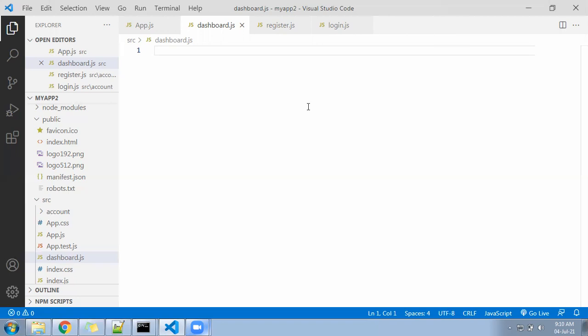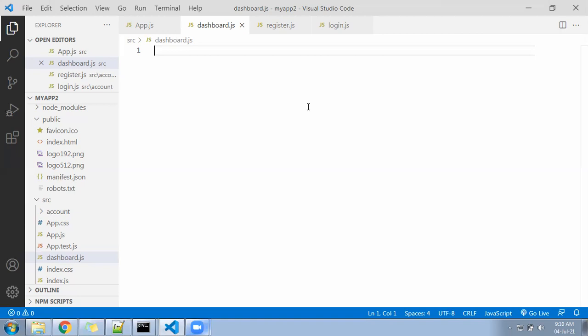That is multi-level routing. There is one video in the channel, you can have a look at how it is happening, and let's implement it again. So this file we are going to create based on the dashboard component. We are going to write it based on what do you prefer, class component or functional component?